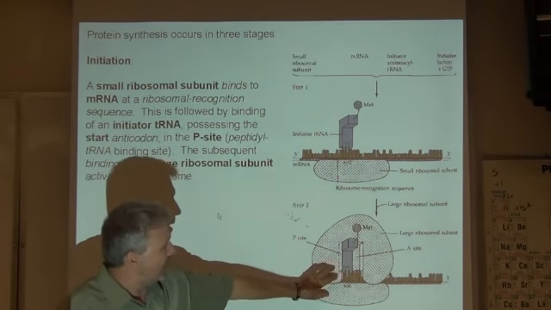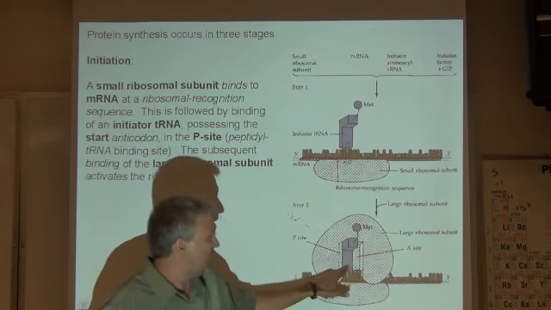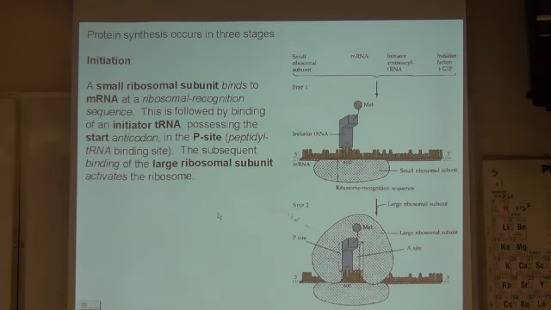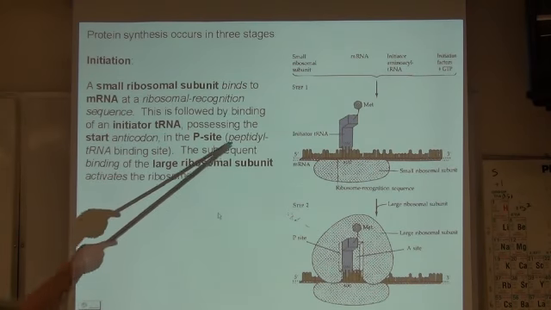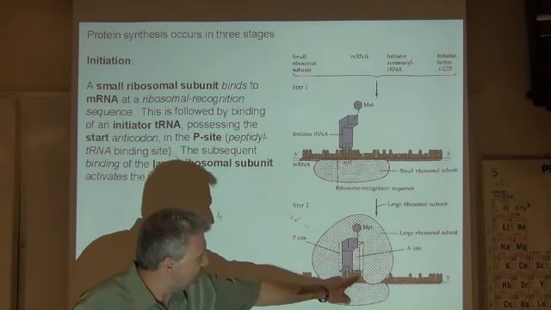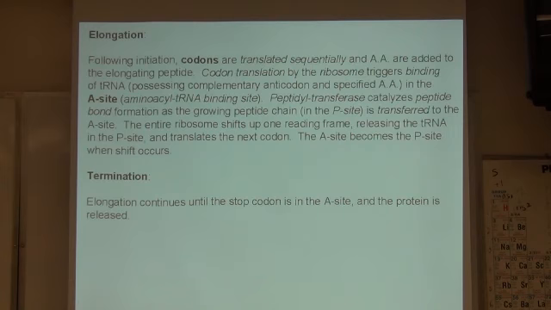Once they sit down, once the large one sits down, you define 2 sites, the P site and the A site. Now, I think of the P site as being the peptide site. It's the one that's got the growing peptide. But it's got a name, peptidyl tRNA binding site. The codon right next to it is called the A site, which I think of as amino acid. That's where the amino acid that's going to add to the chain is coming in. It's also got a name called the amino acyl tRNA binding site.